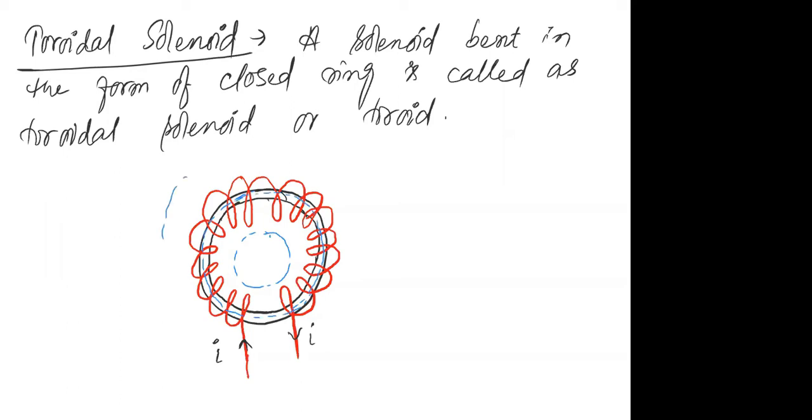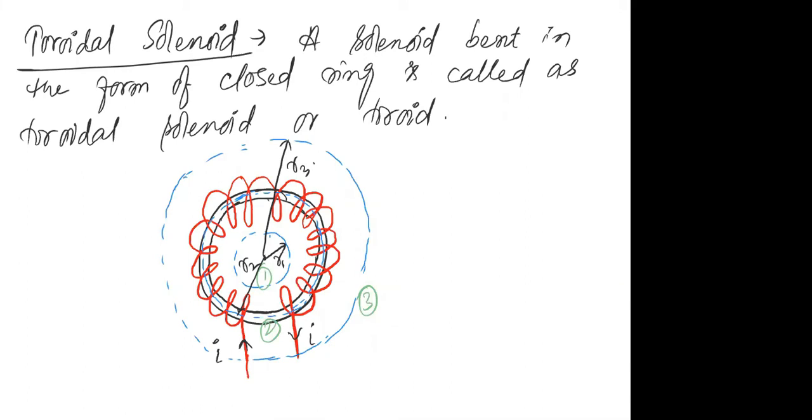And the third loop that I will be taking will be completely outside this solenoid this way. So we have three loops. This is the first loop, this is the second loop, and this is the third loop. Now I will apply Ampere's circuital law over all these loops individually, and then we will find the value of the magnetic field. Let the radius of this inner loop be R1, the radius of this middle loop be R2, and the radius of the outside loop be R3.